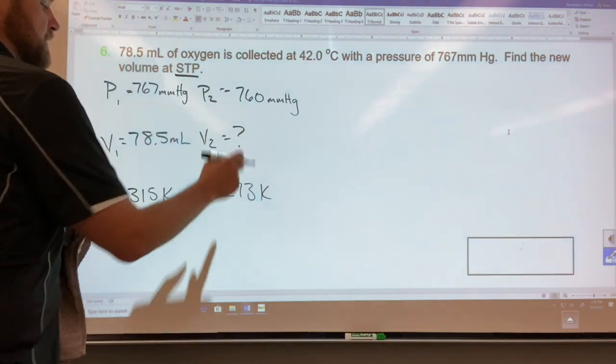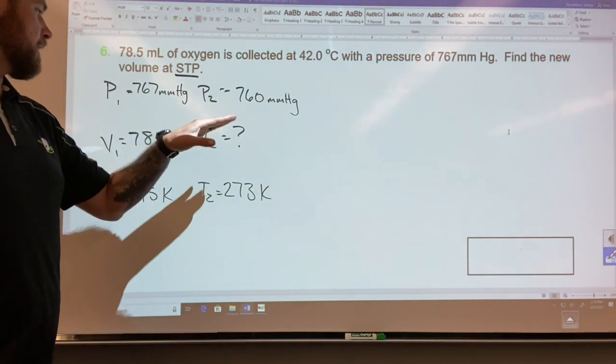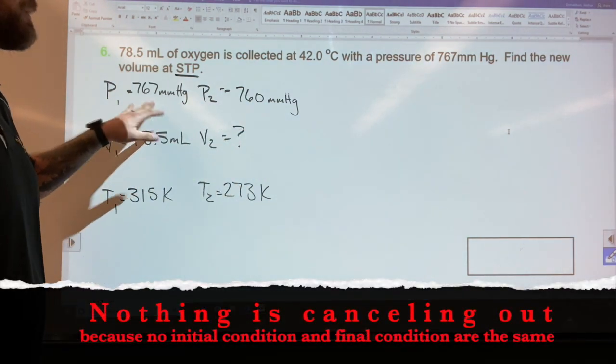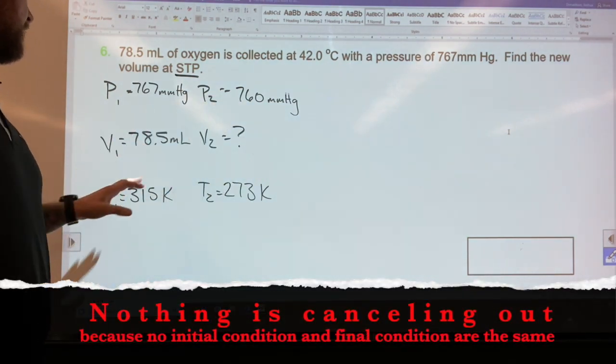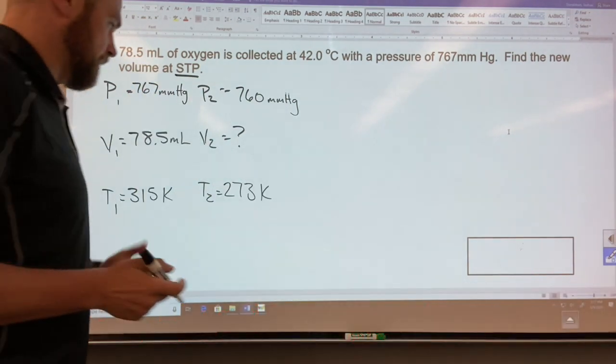Now we have our P2, we have our T2. We're going to solve for V2. None of our numbers are the same on both sides. This was close, but they're not the same on both sides. Okay, so now we need to go ahead and plug it in and do the work. So